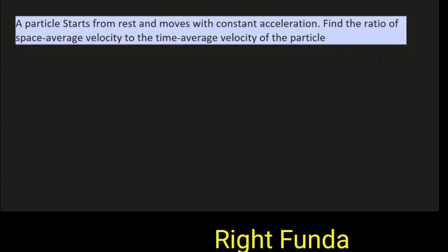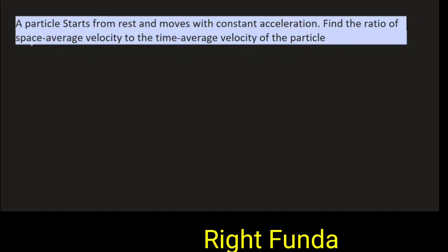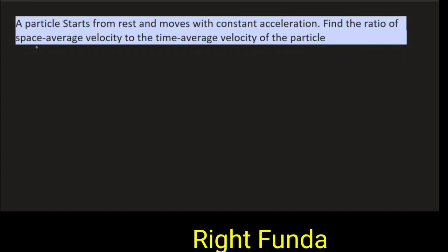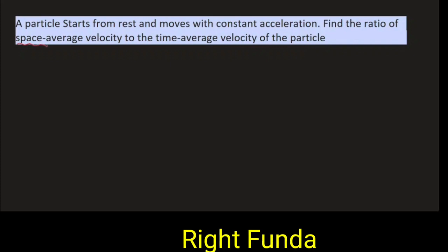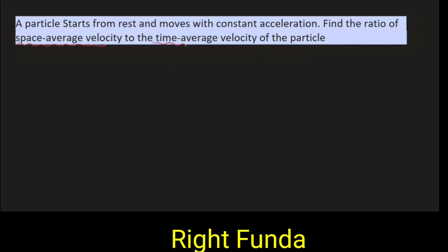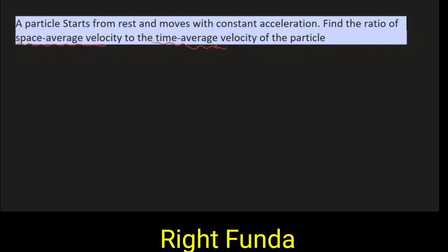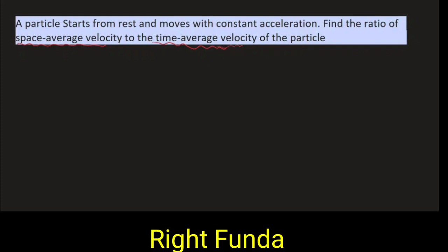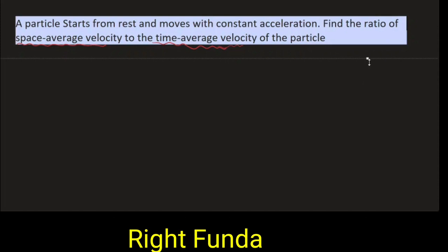The two terms there: one is called the space average velocity and another is called the time average velocity. We know about average velocity, space average velocity and time average velocity. So if you see the question, what it says is that